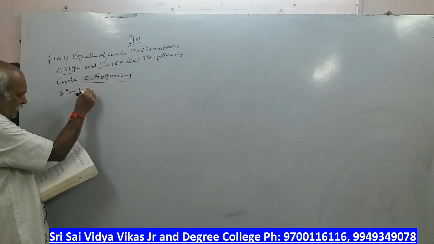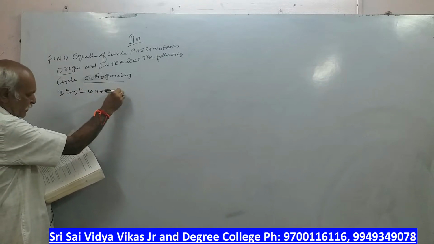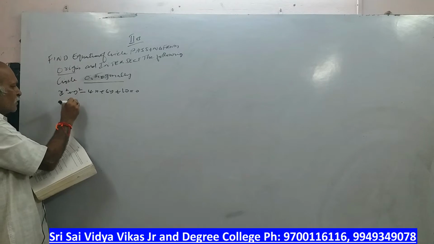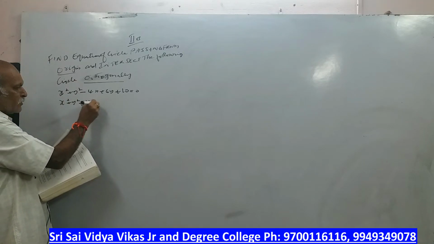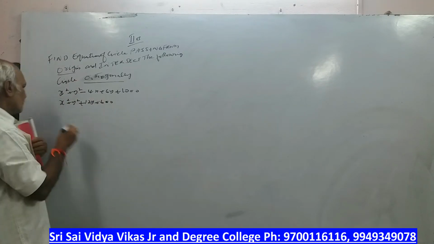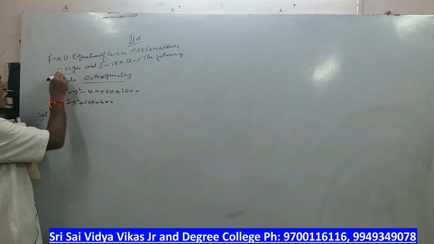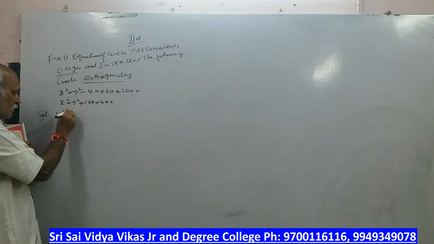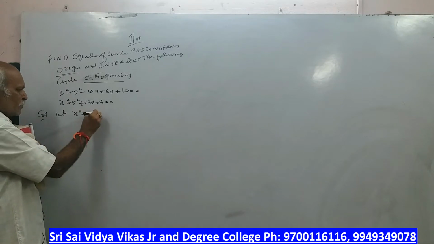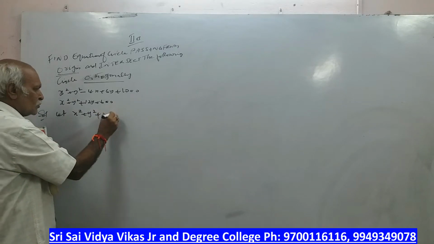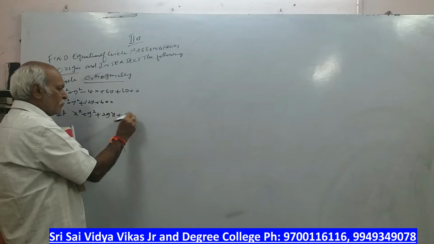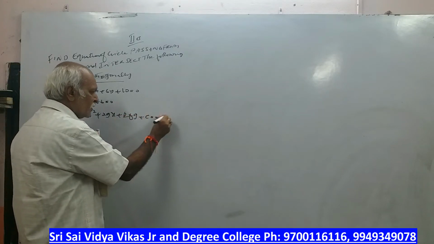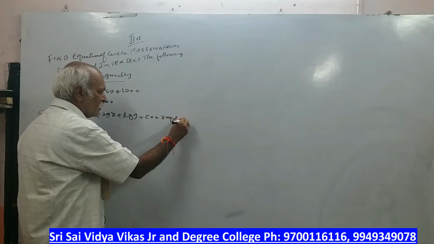The circles given are x square plus y square plus 6y plus 10 is equal to 0, x square plus y square plus 12y plus 6 is equal to 0. Now it is passing from origin, orthogonally. Model, understand here. Let x square plus y square plus 2gx plus 2fy plus c is equal to 0 be the required circle.